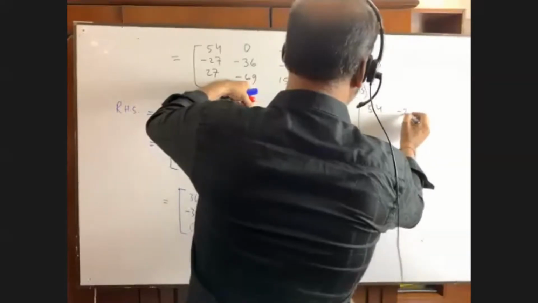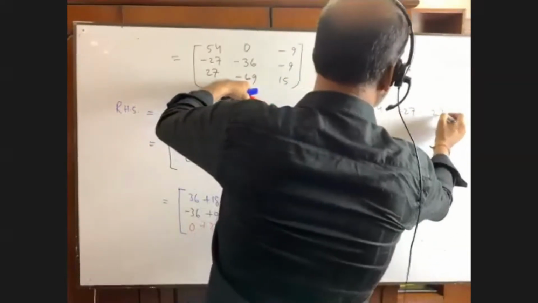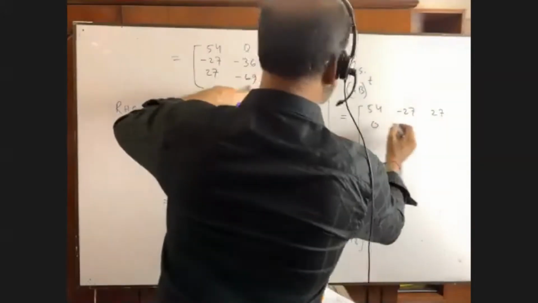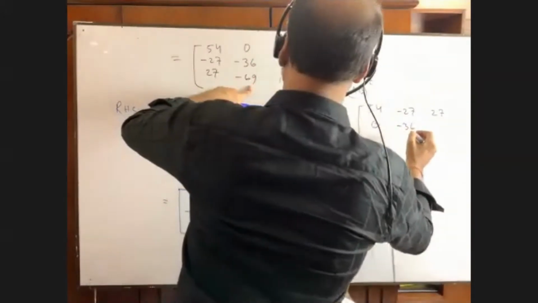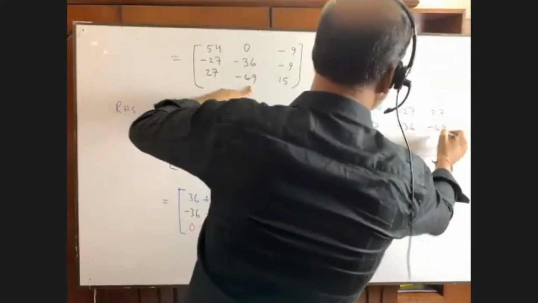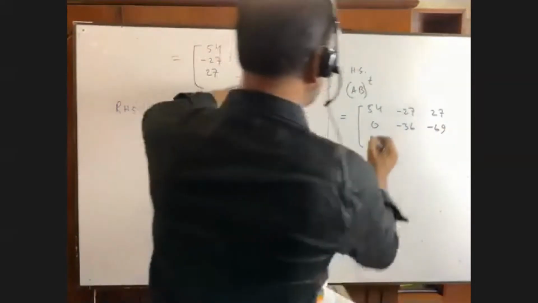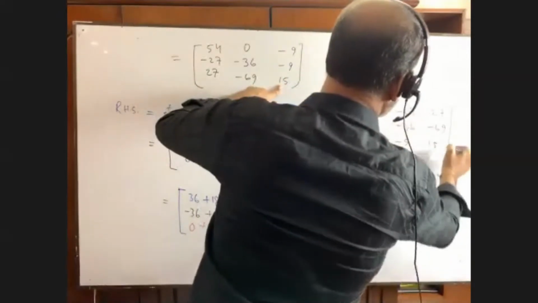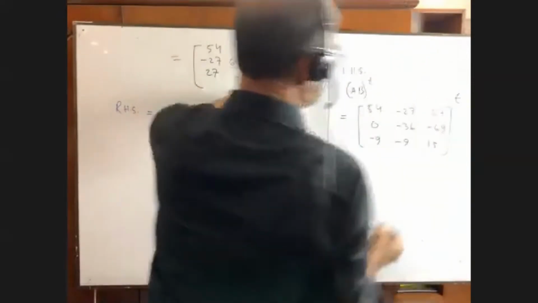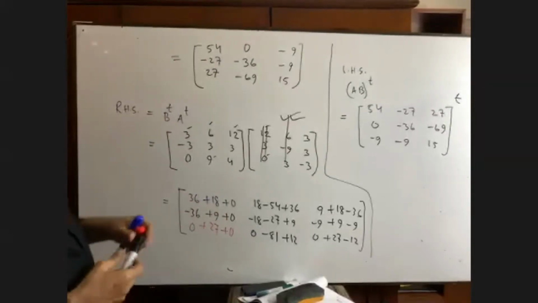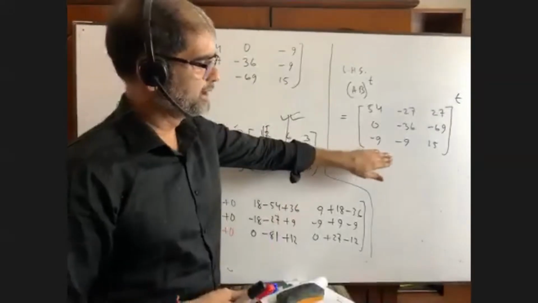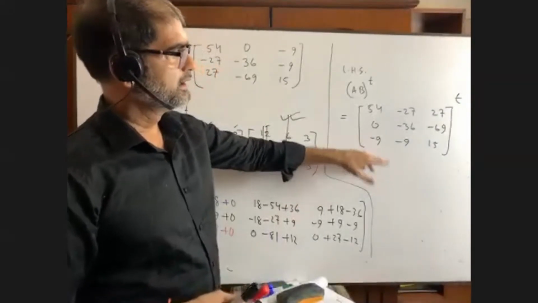54 minus 27, it is AB, okay? And it was 0 minus 36 minus 69, it is minus 9, 15. At last we have got it, right? We got it. You see, please talk to me. What was AB? I am asking you only one question. What was AB? This was AB? Yes, sir. Now it is T.